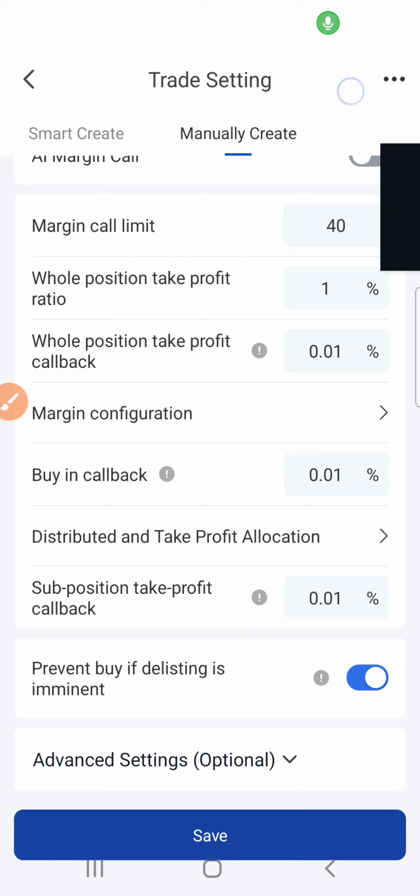So what we do, we put 1%. We come here. After putting 1%, we come here on advanced settings. You click on this arrow. Instead of one shot here, you change and put cycle. After putting cycle mode,